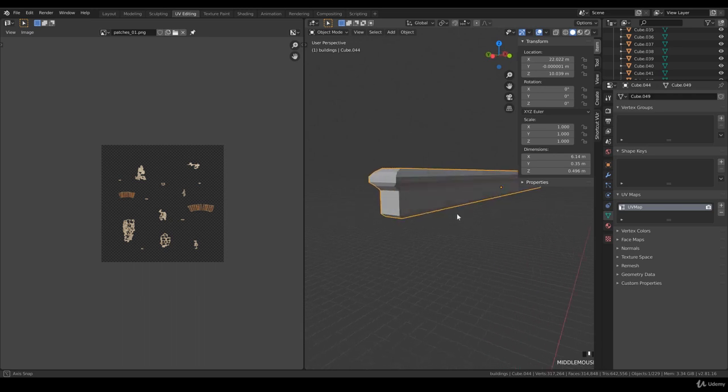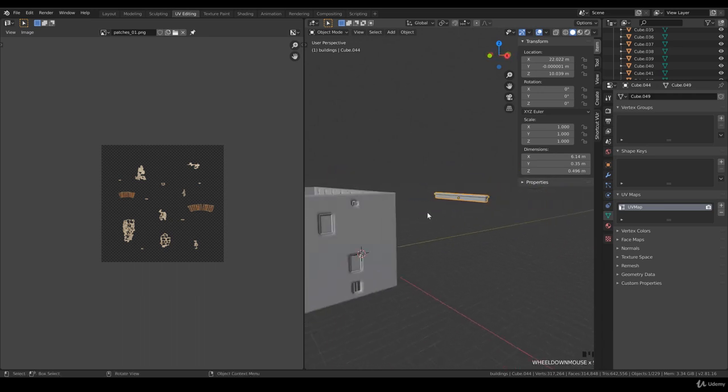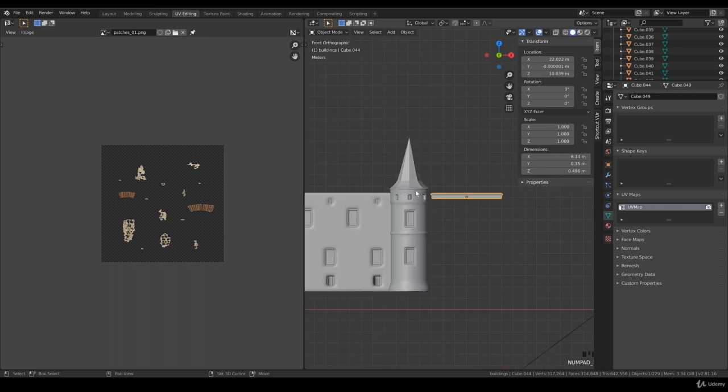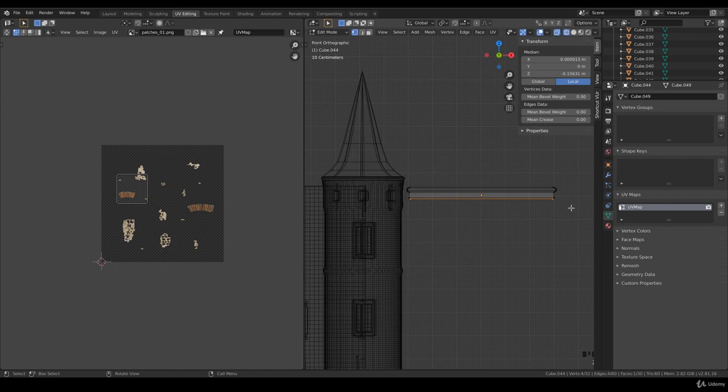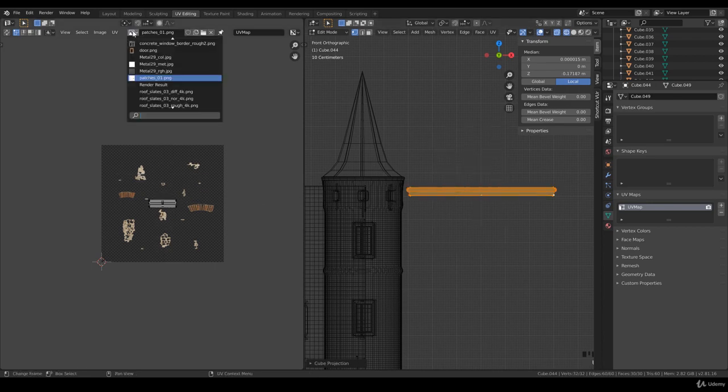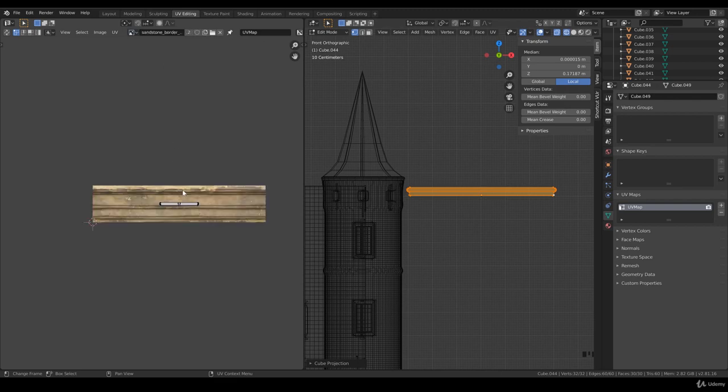So check, check, double check. So this is the border. And what I like to do with this border is duplicate the material, Control L, material, and let's lower this area, make it smaller, Control L, and do a cube projection, and I want to have this border. I think it's sandstone border 02,